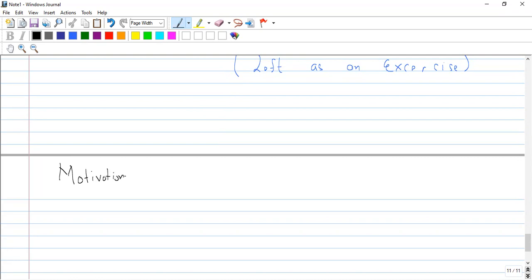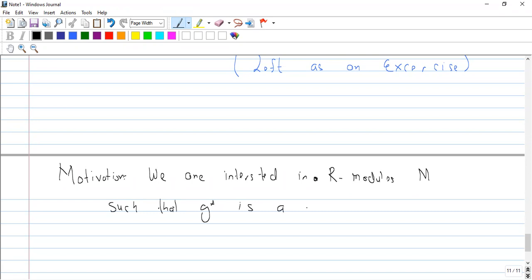That generally मुझे पता है that G star is not a surjective map after applying home, but if after, so we are interested in R modules M such that G star. So we know that in general G star is not a surjective map such that G star is a